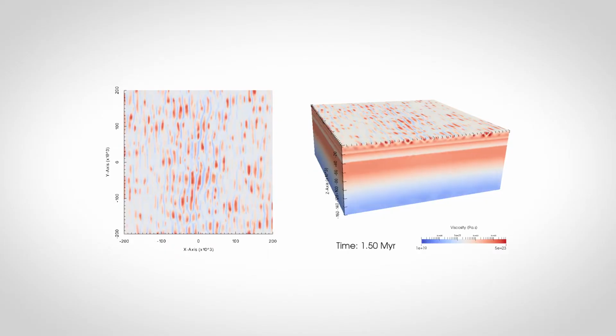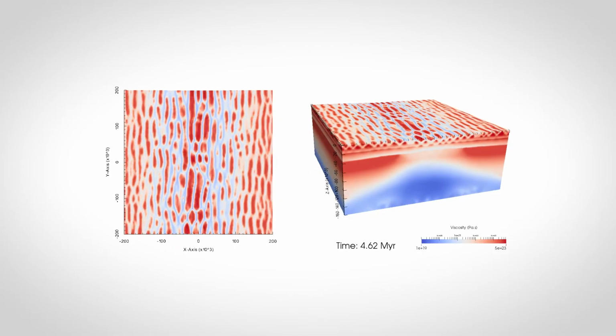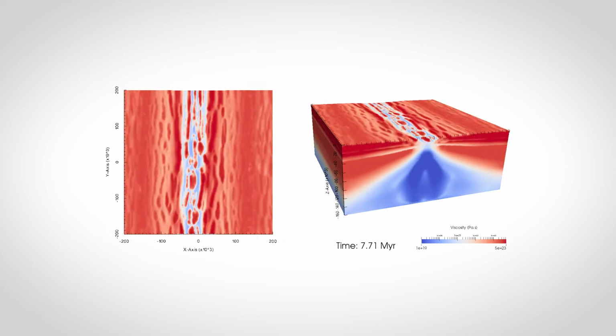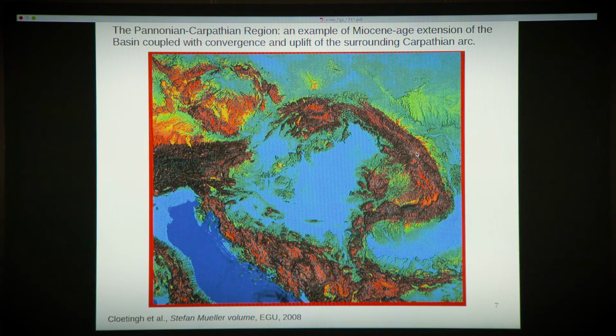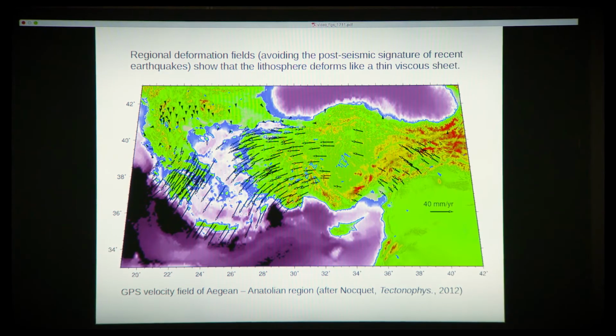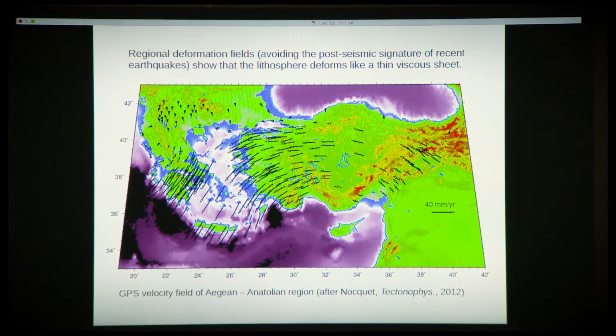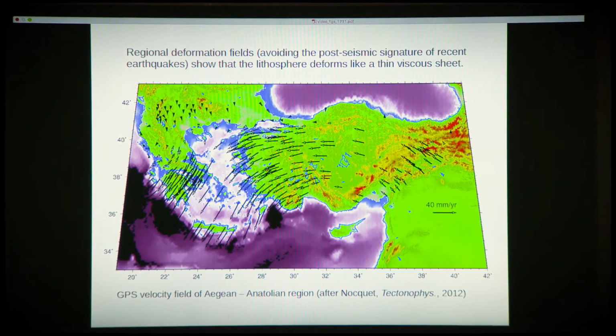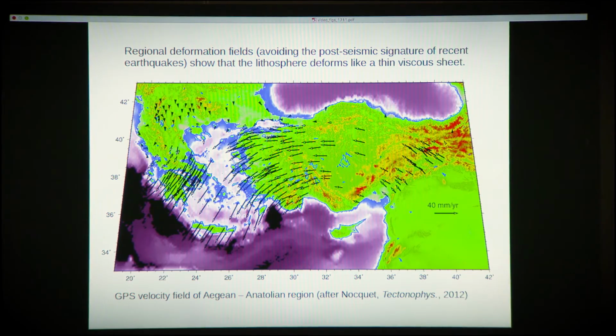If you pull it apart where the continents are rifting, the crust is thinned and you create a basin. Another good example of where the lithosphere is being pulled apart is in the Eastern Mediterranean, where the area occupied by Turkey is being stretched, the Aegean Sea between Greece and Turkey is being stretched, the whole area is subsiding.